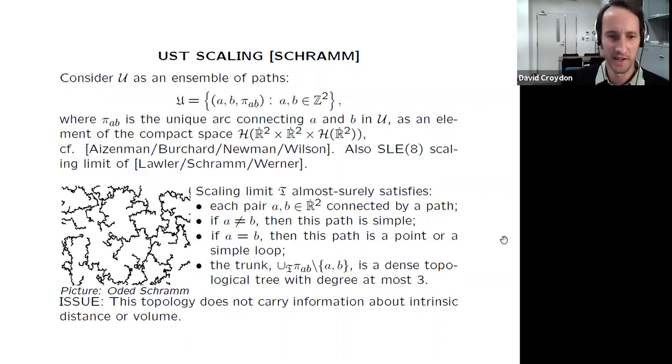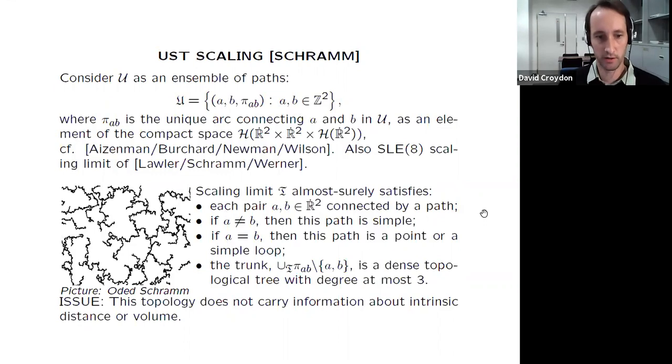Okay. Yeah, and actually, I guess this last comment also explains why we take this slightly complicated topology here to understand the scaling limit, because of course, if we just view this space as a compact set, then in terms of Hausdorff limits, it's just going to fill up all of R squared, right? So it's not a very interesting topology to think about these things in.